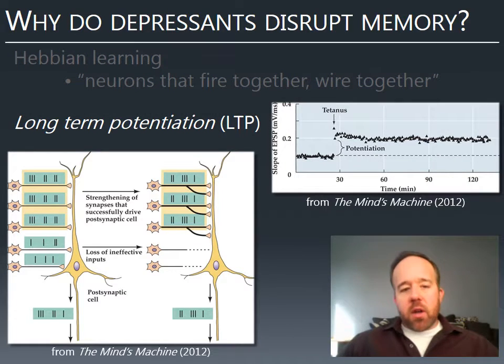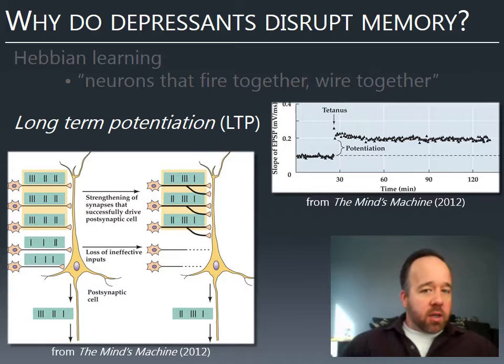And specifically, it's thought that a process called long-term potentiation, which usually is called LTP for short, is what underlies memory. So the idea here again is that when a neuron that responds to a stimulus fires, if the neuron that's responsible for the response, in a simple case, also fires, then those become associated. And the responding neuron, the second neuron, will fire more easily as it learns to associate responding with a particular stimulus as represented by that first neuron. So here we have an example of LTP.